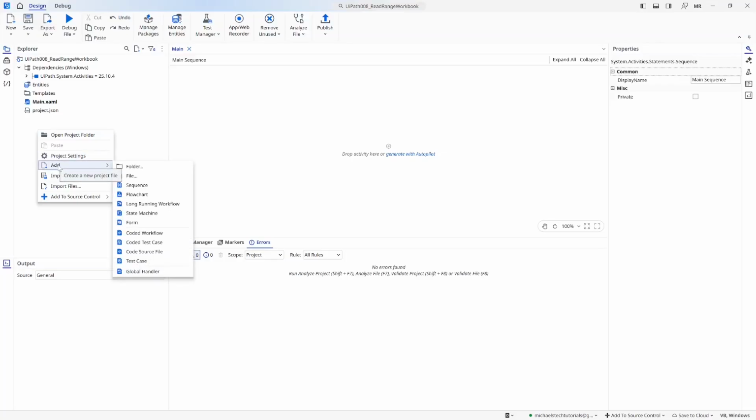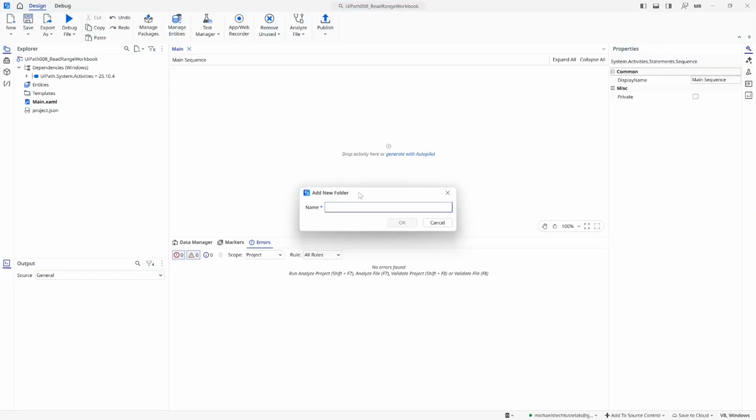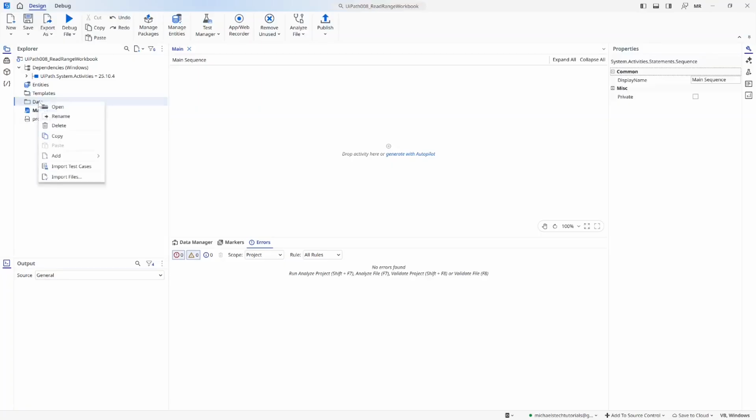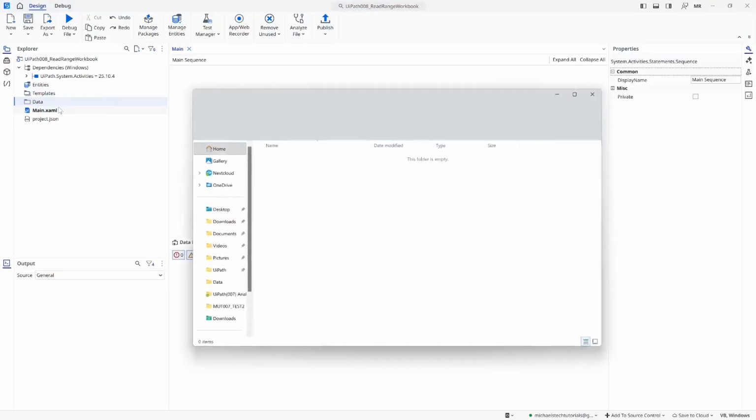I'm just hovering over Add, and I'm going to go over to Folder and click that. And in the pop-up where it's asking for a folder name, I will add in Data and click OK. We see the Data folder over here in our Explorer window. I'm going to right-click and open that